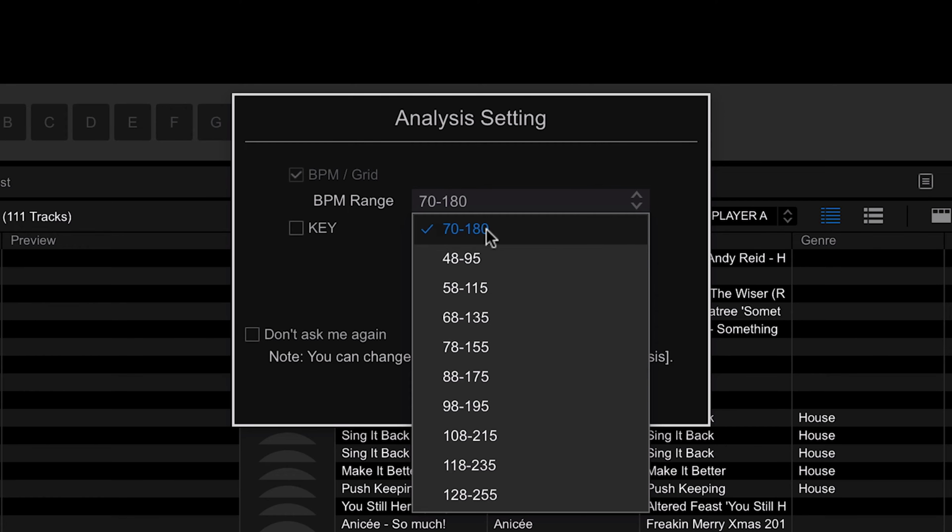So if you can actually narrow this down, then definitely do. So take house music as an example. I'm going between about 122 BPM and 128 BPM. So I kind of want to pick one of these ranges where that fits squarely in the middle. So I might go for maybe the 88 to 175 because if I take 122 BPM and divide